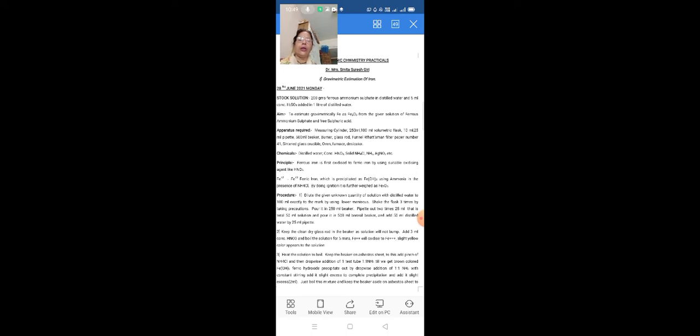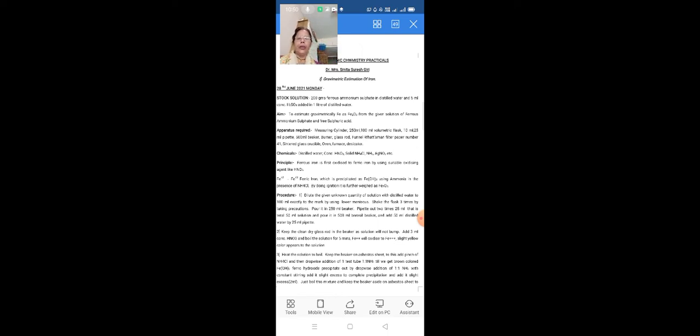Then add dropwise 1 test tube of 1:1 ammonia with constant stirring till we get brown colored Fe(OH)3. Remember, the precipitate we are to get is Fe(OH)3 in the beaker, while we add 1:1 ammonia dropwise with constant stirring. Ferric hydroxide precipitates out by dropwise addition of 1:1 ammonia with constant stirring. Add a slight excess, about 2 ml, to check complete precipitation, so that any ion remaining in liquid state is turned into the solid state.